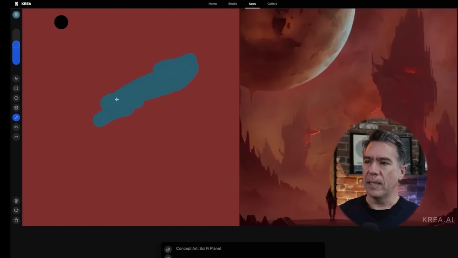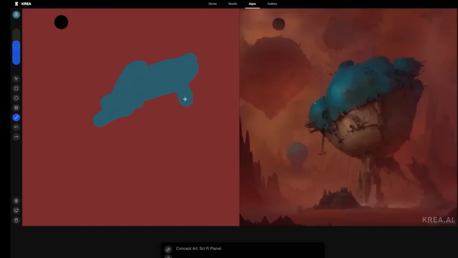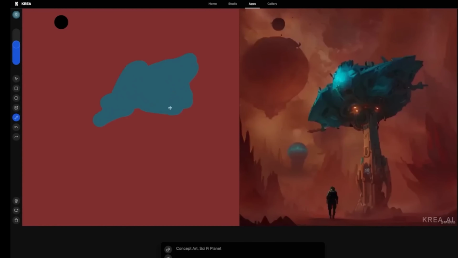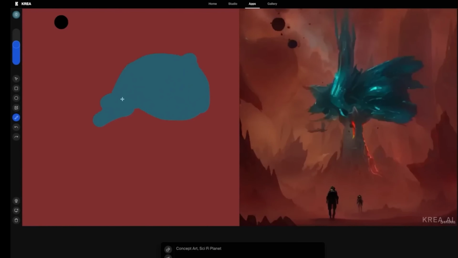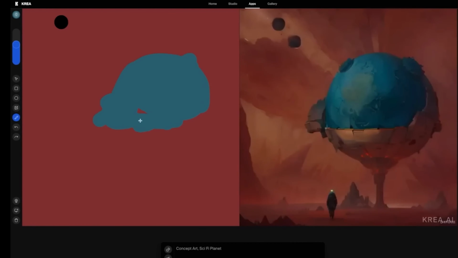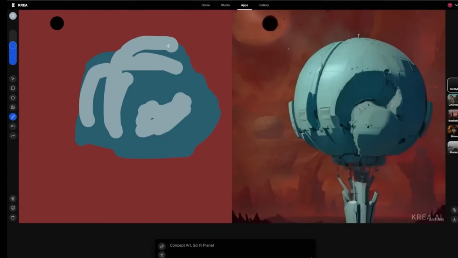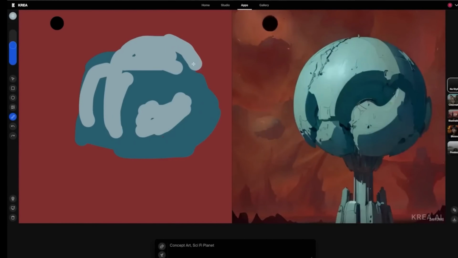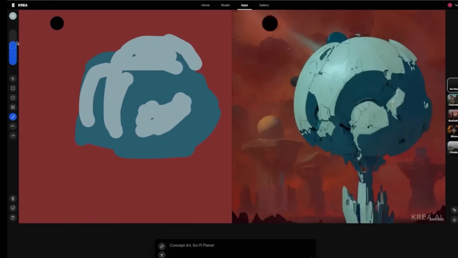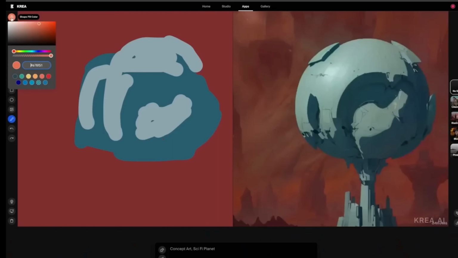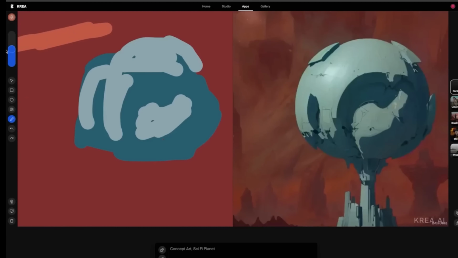So he's starting to draw in there, and now it's going to start to update for him based on that prompt, but it's following basically the shapes that he's drawing. So with something like this, you could have a 4-year-old draw, and as he or she or they are drawing, it could make it look like it's Michelangelo. It could make it look like any artist you want in any style as you draw like that.